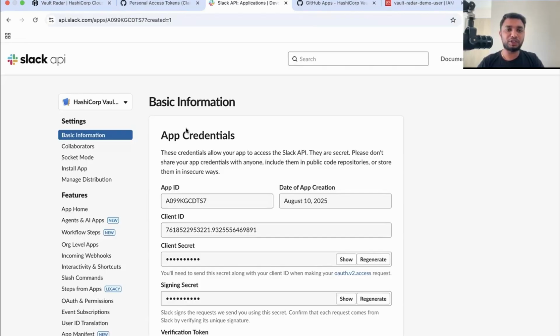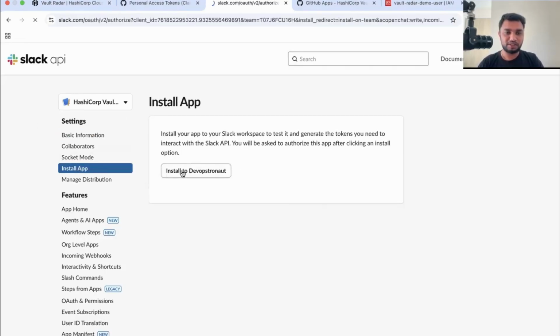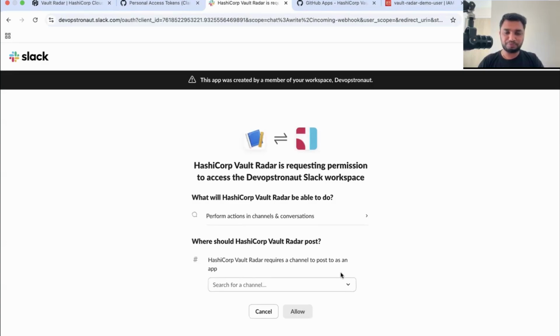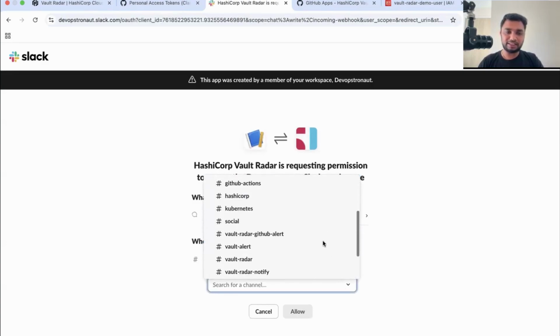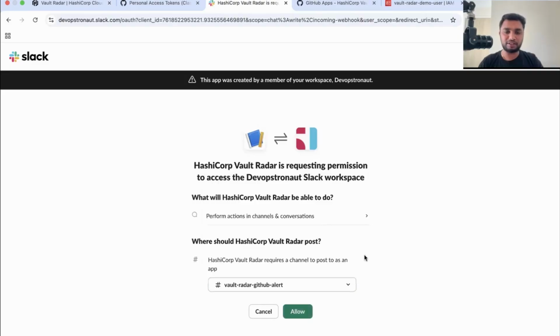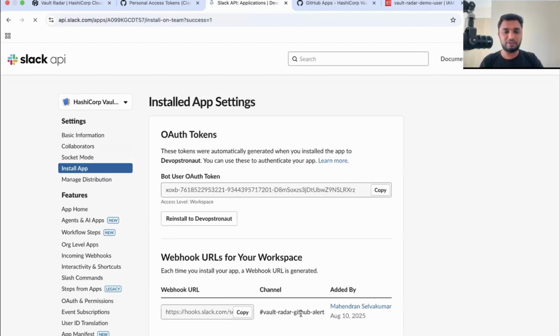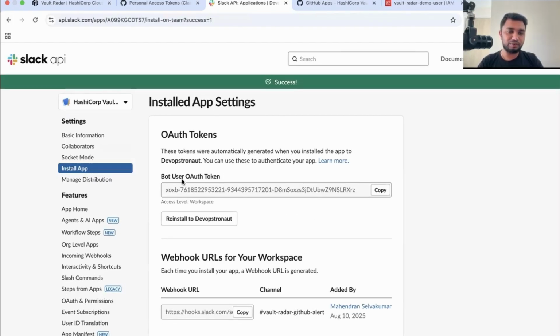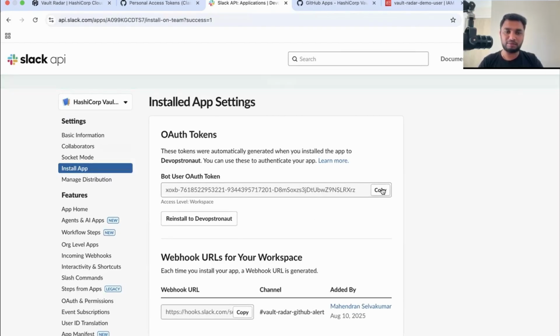So what we need to do, once we create the app, is install that app in the workspace. Here these are the channels I have. I need to configure the alerting for that. These are the Slack channels I have. So I will give the allow permissions. Once I give the allow permission, I can have the bot. So these are the bot tokens. These tokens we need to configure